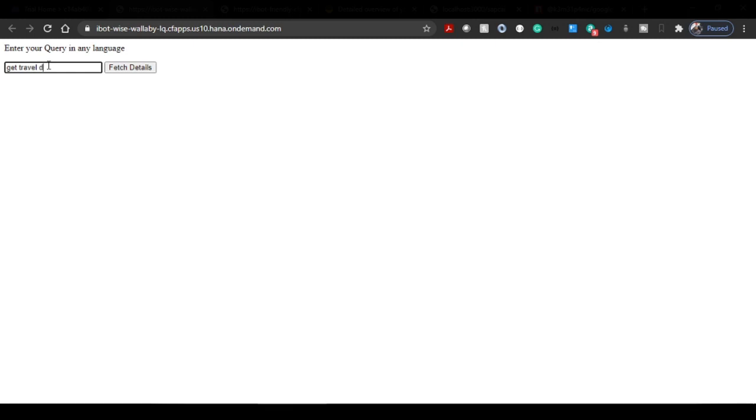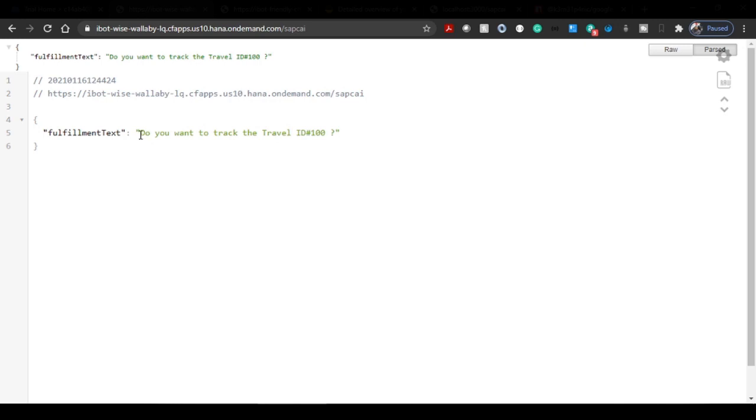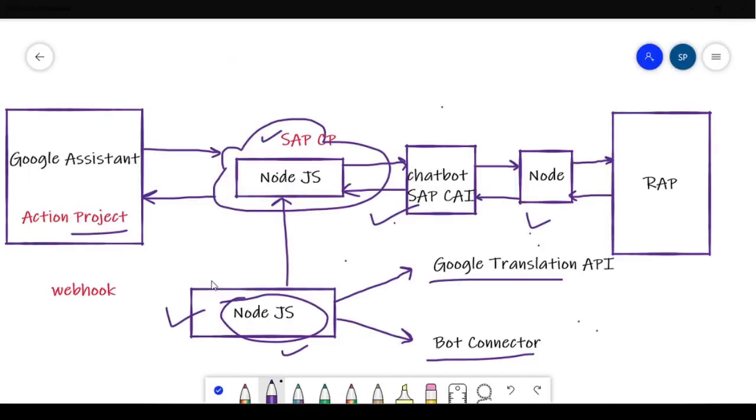Get travel details for 100. So if I just call, it is supposed to work. Yeah, it's working perfectly from cloud, from the SAP cloud platform. Fantastic. So we are almost done, and we are ready now to